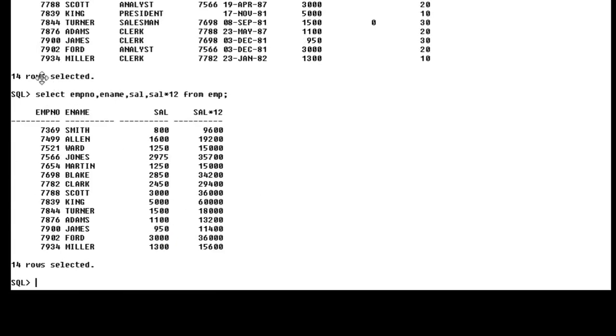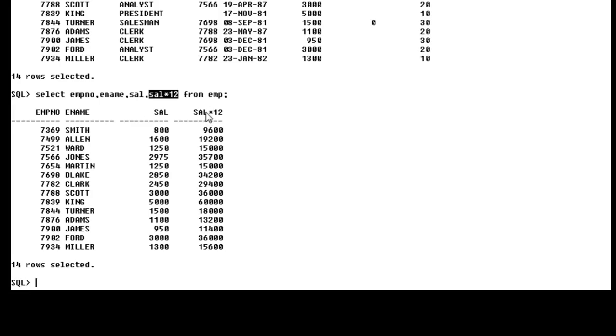After execution of this query, here you can see that the monthly salary is multiplied by 12 and this is the annual salary. Here the column heading is displayed with its expression, meaning the calculation expression, but we can change it using an alias.